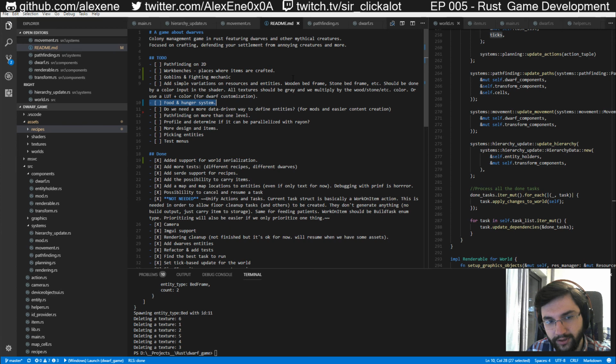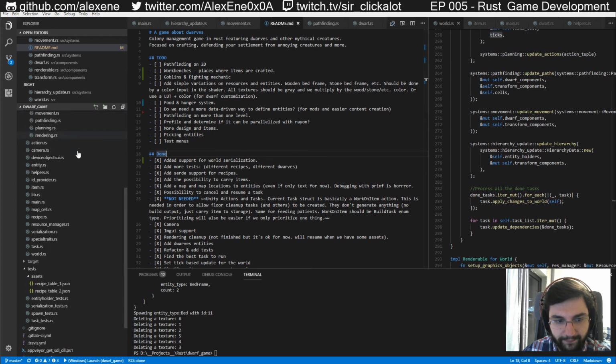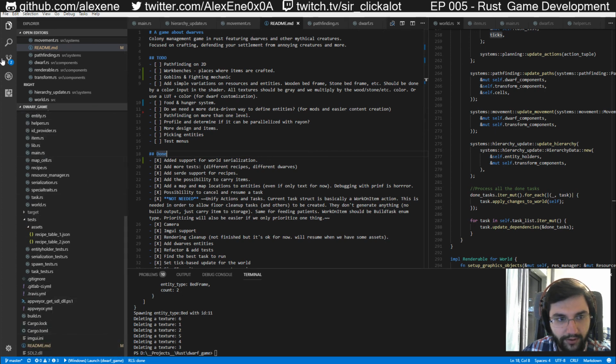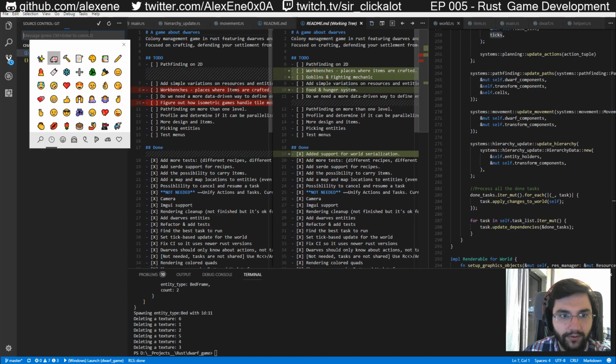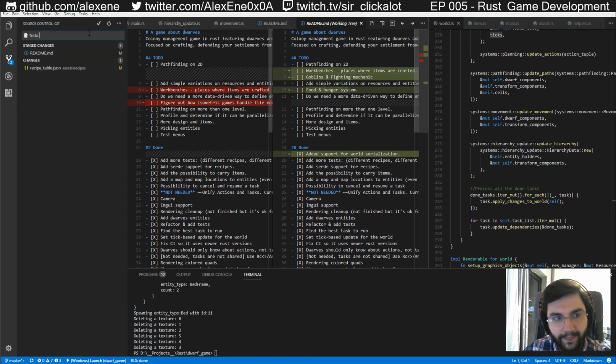It comes also with hunger. Dwarf beautification. Okay, perfect. So now let me put this on GitHub as well. I'm kind of disappointed that pathfinding doesn't work yet still, but